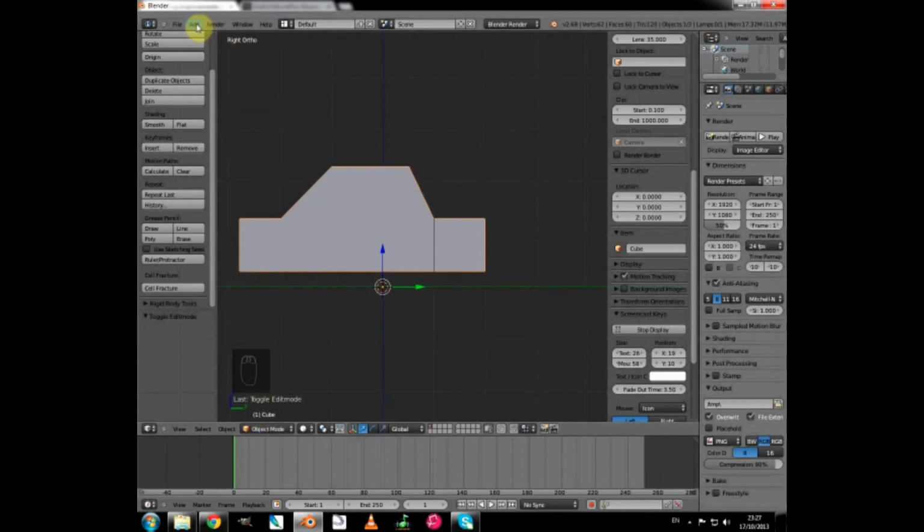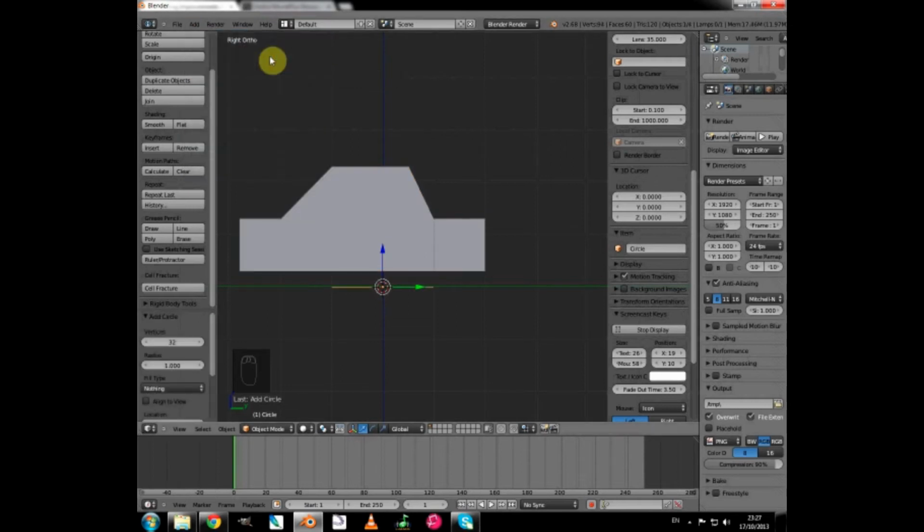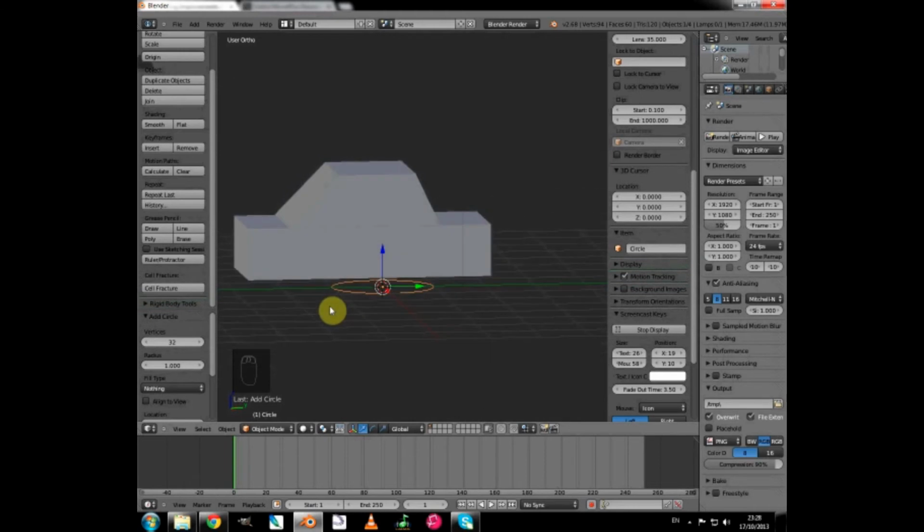And now if I go to the add menu along the top bar, click it, select mesh, and from the sub menu select circle. That puts a circle in our scene. If I rotate my view around with the mouse, you will see that the new object is a circle. Press 3 again,